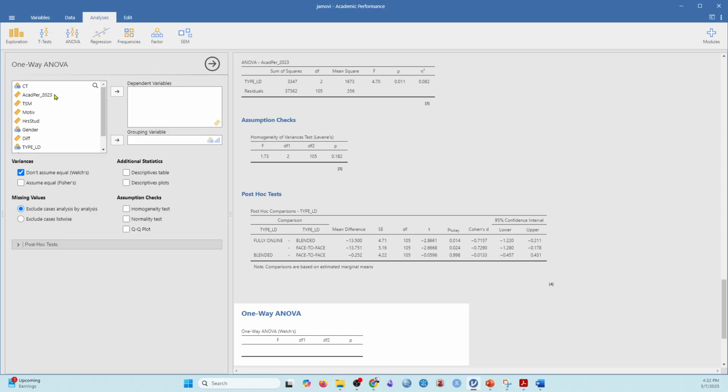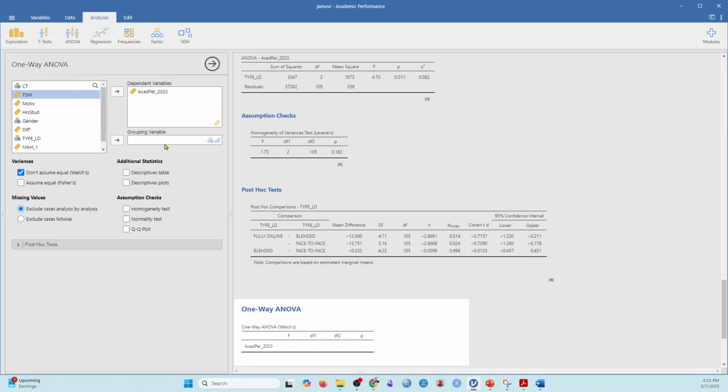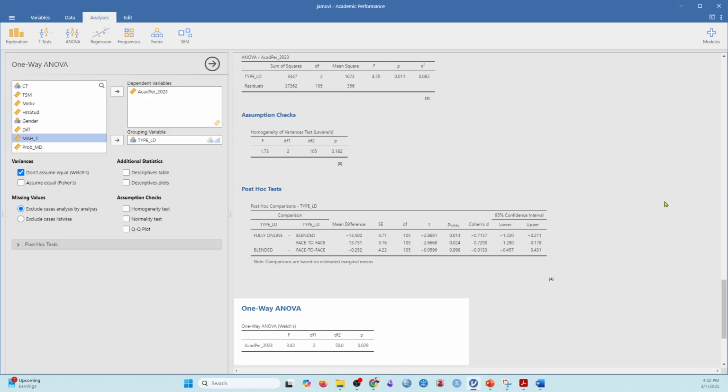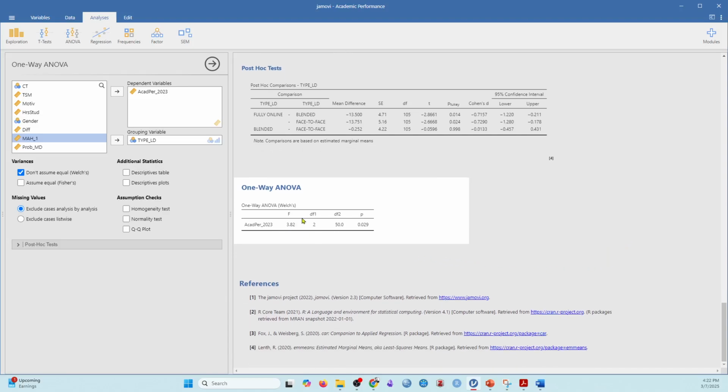and then we look for our dependent variable, which in this case is academic performance, and then our grouping variable, which is the different groups of students based on the teaching mode. That's the variable in our data set, type of lecture delivery, and we select that as our grouping variable. You'll see that instantly JAMOVI already gives us the ANOVA, but we'll need to go through a number of